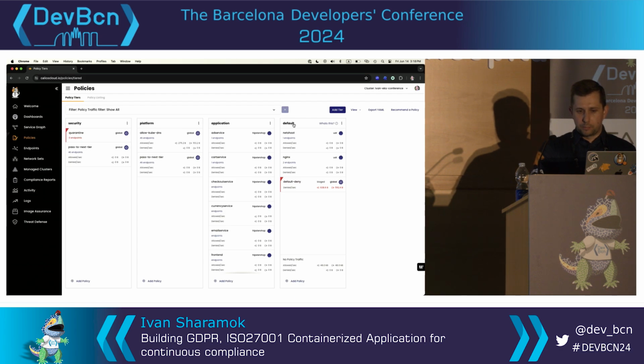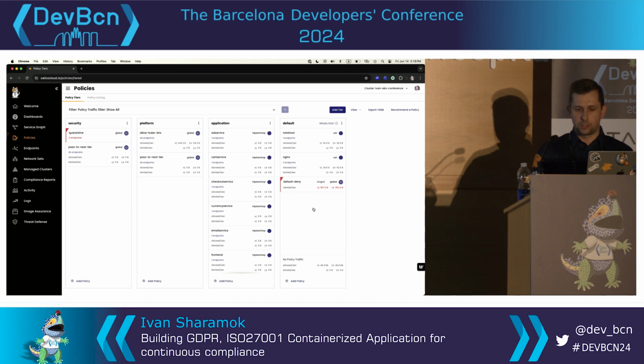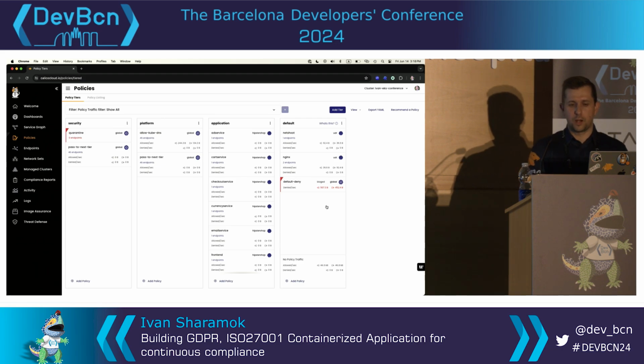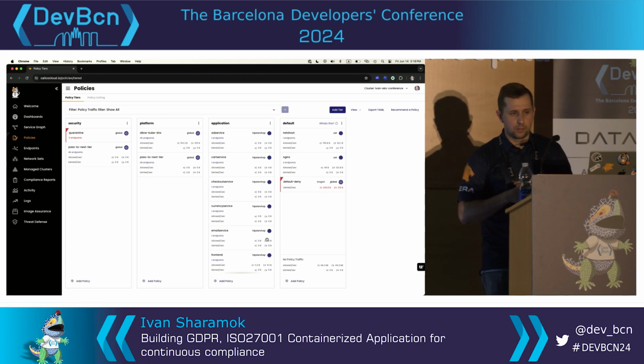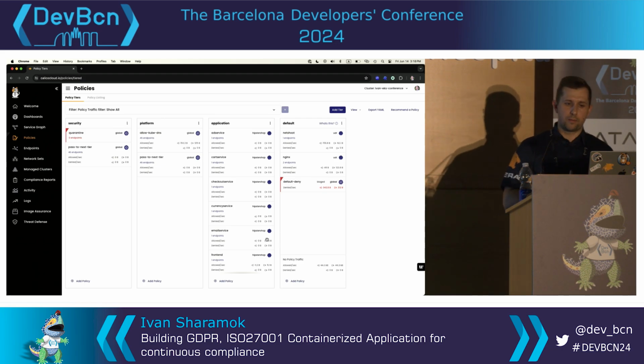So you can see I'm adding this back, and what you would see in a moment is that the traffic currently showing up on this default policy, which we refresh every 10 or 15 seconds, will over the next 30 seconds or maybe a minute start coming down and eventually drop off.